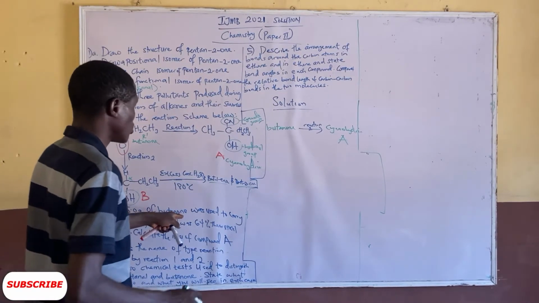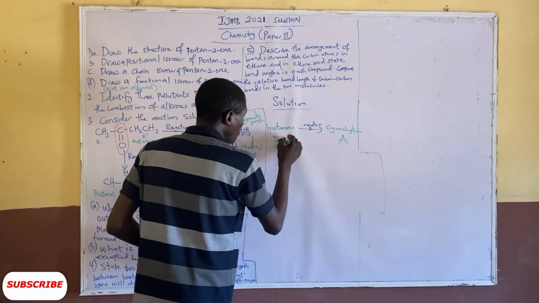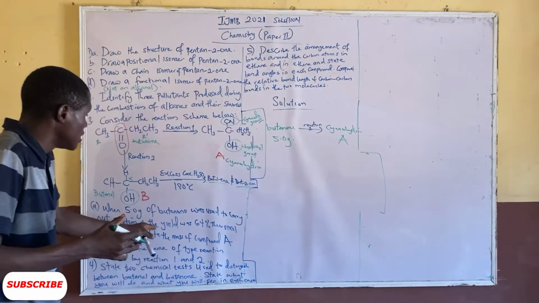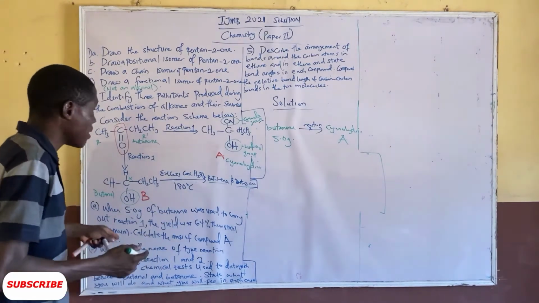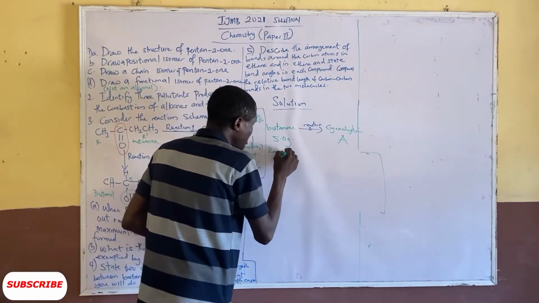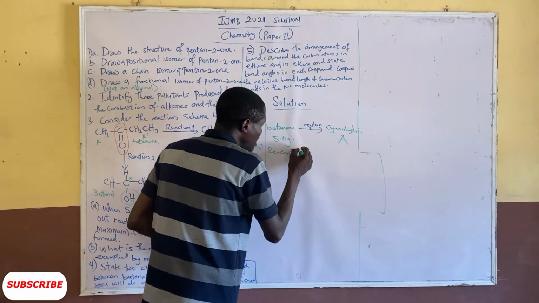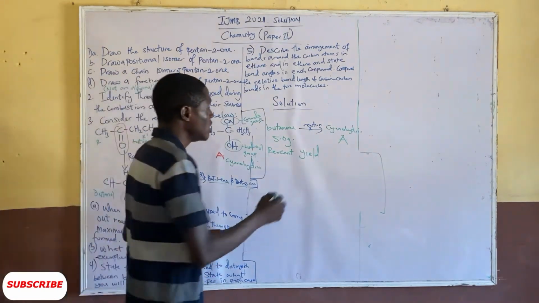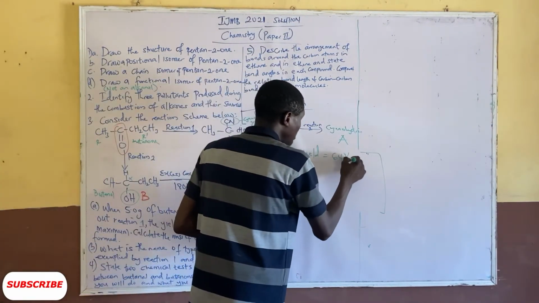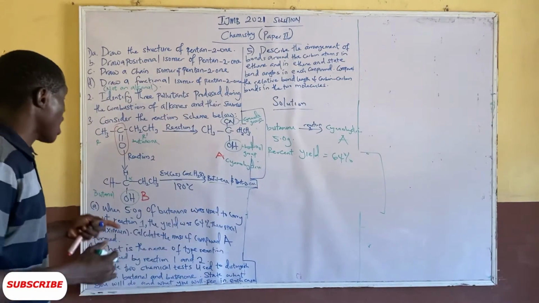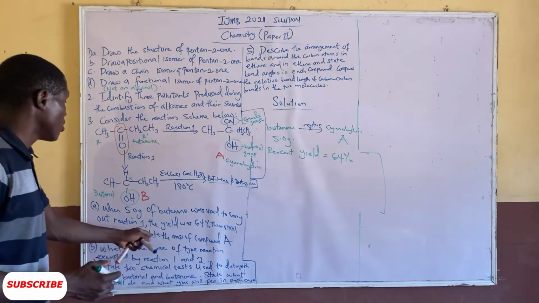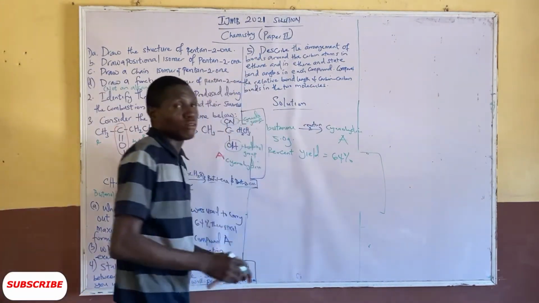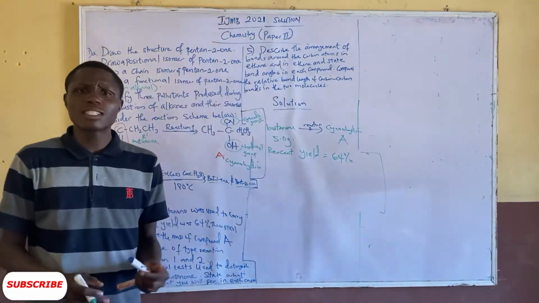We are now told that 5.0 gram of butanol was used. The actual mass used in this reaction is 5.0 gram. The yield was theoretically maximum. So the percentage yield, or percent yield, however you want to call it, is 64 percent. Calculate the mass of compound A, which is cyanohydrin. Now how do you do it? The first thing is to